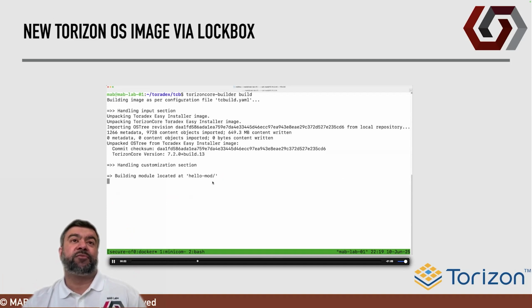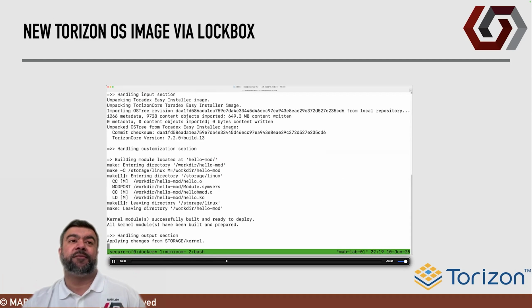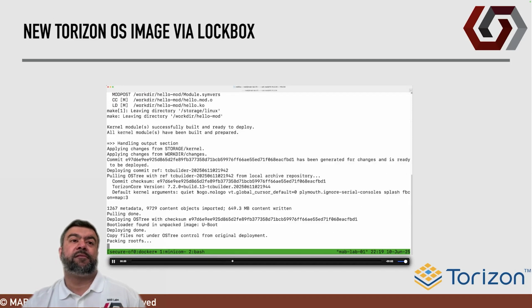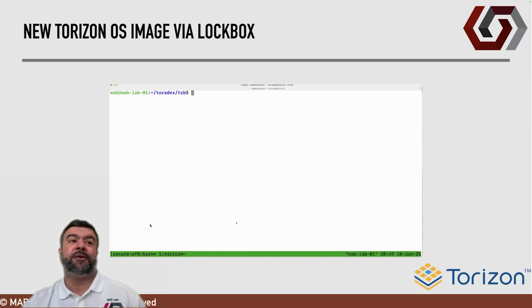And it's going through the same process. It's fetching the baseline Torizon image from Toradex. It's applying the kernel module customization, and that's it. So we built our V2 image,